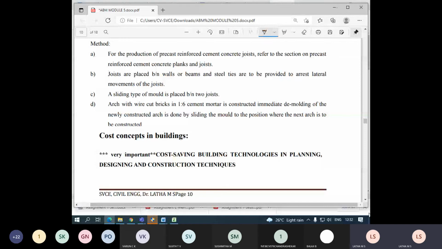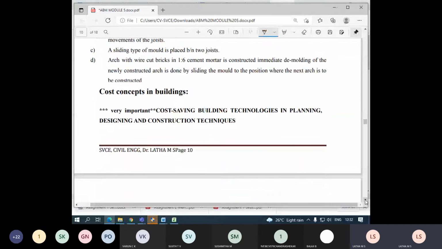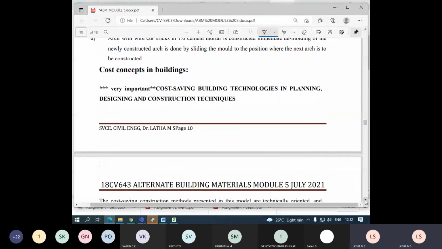Now moving further, we have to understand a very important topic. The important next question we can expect is cost concepts in building. This is telling how to economize. Now today I have 3 lakhs in my hand. I'll approach you, student, asking for a construction.